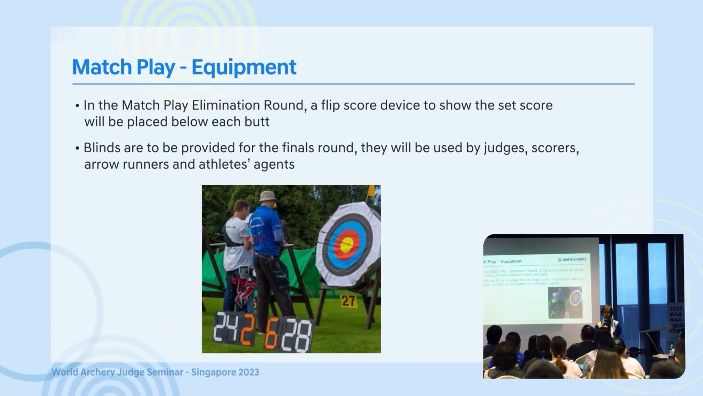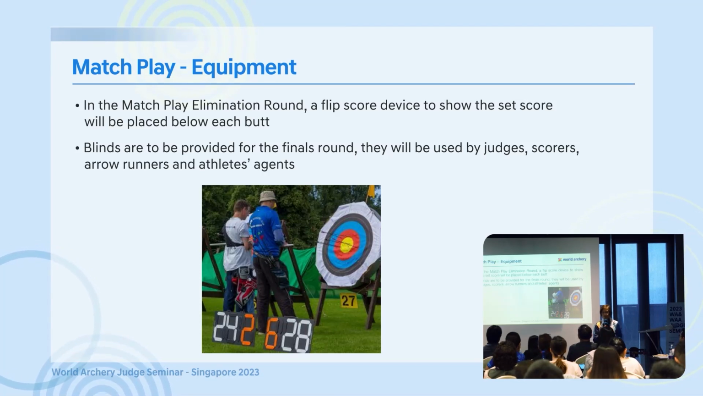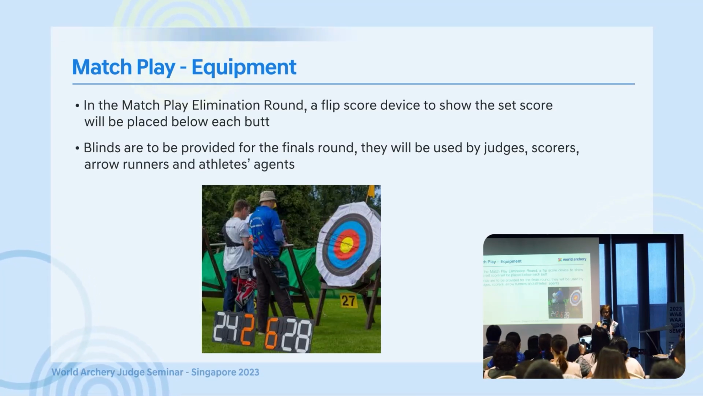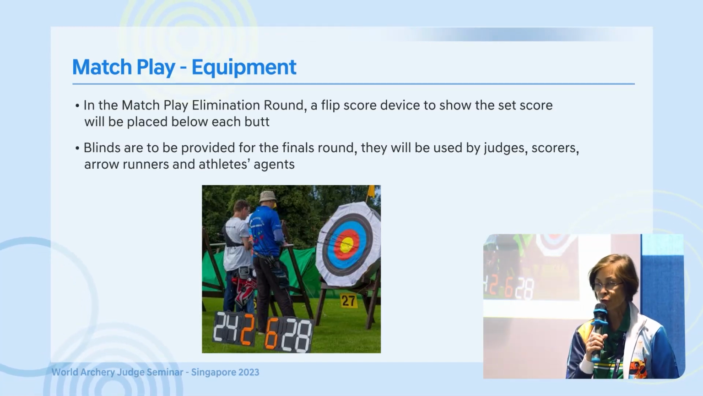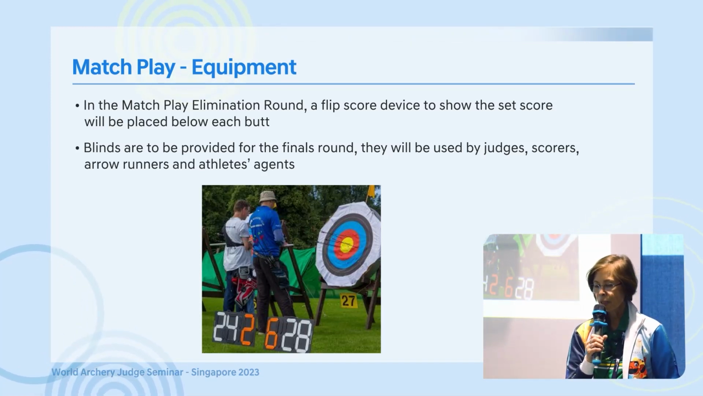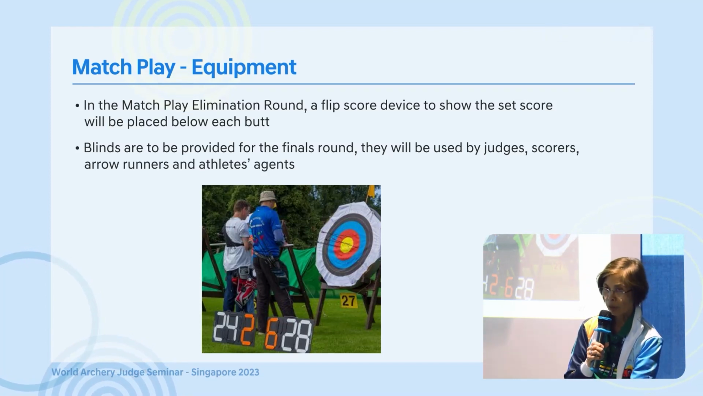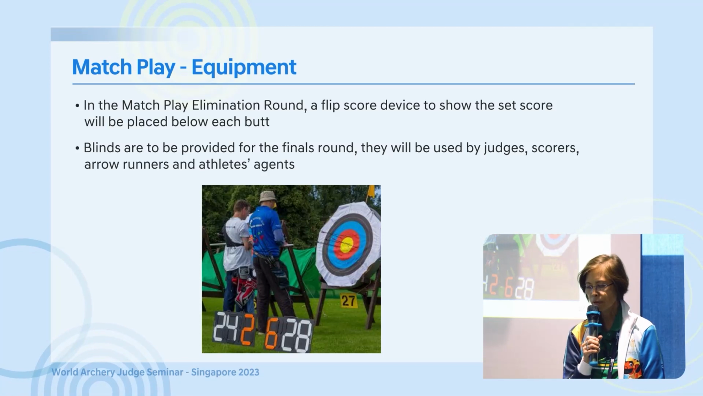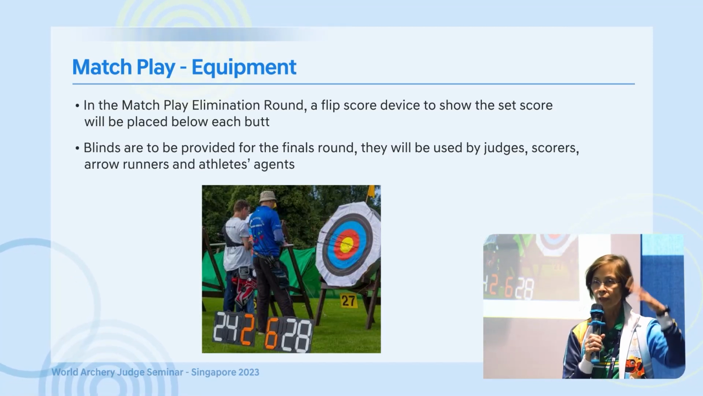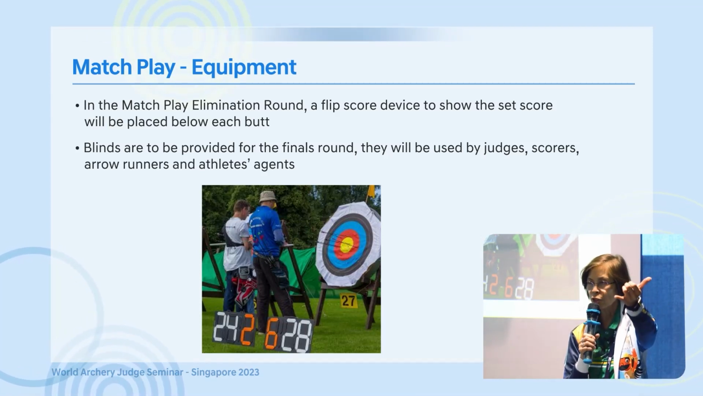Now, what is the equipment that is needed in the match play elimination round? So you need those flip score devices to show the set score, and they're placed there below the butt. And for the finals, you have blinds. They will be used by, who can say in the blinds? Judges, scorers,